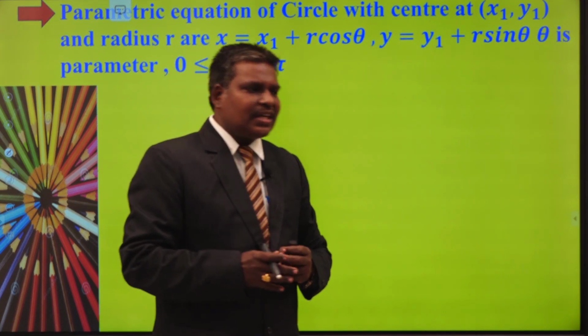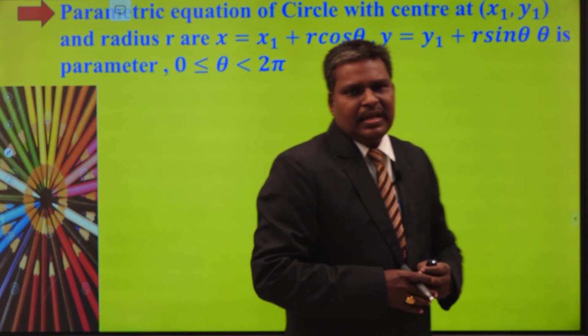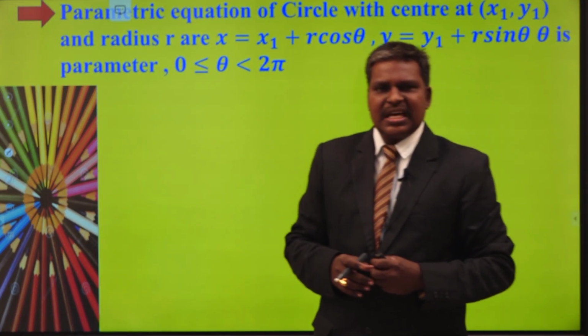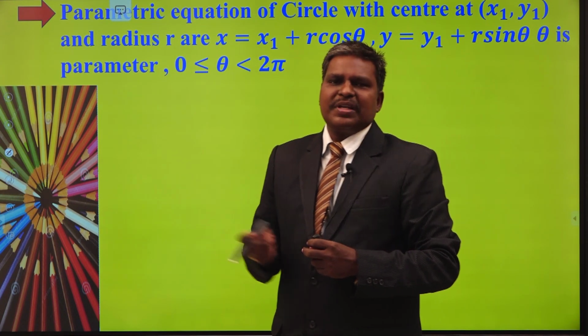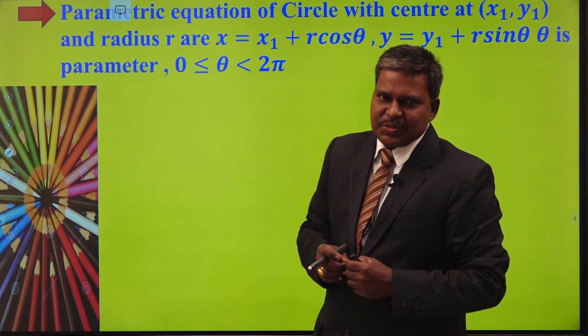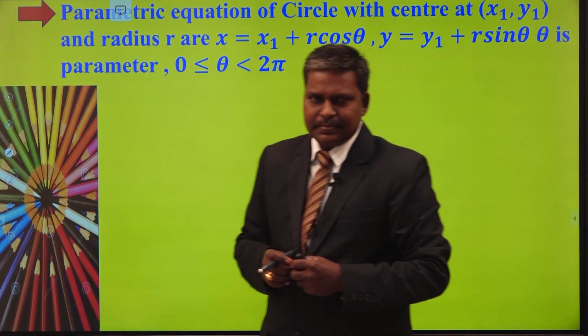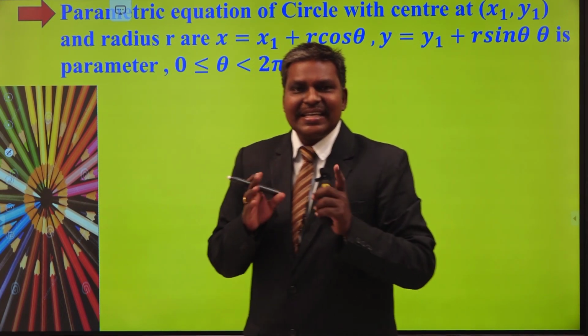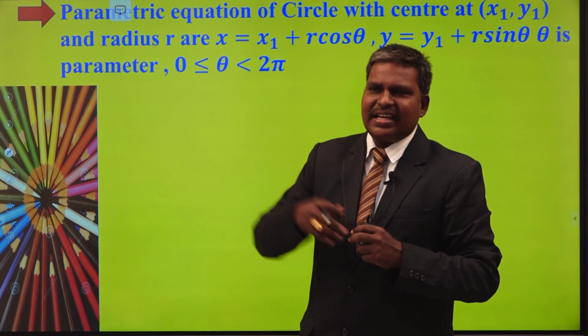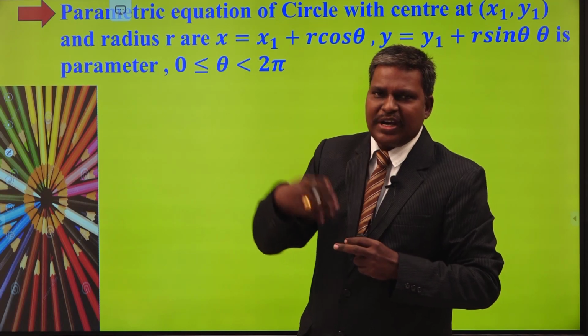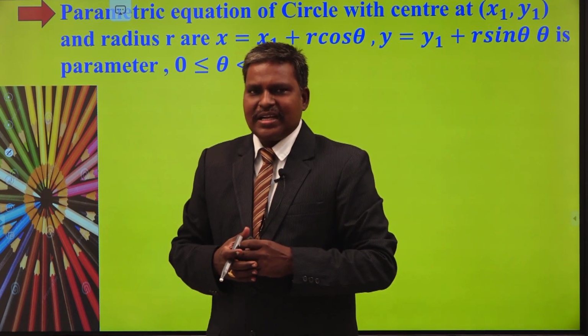You know very well what are the parametric equations of a straight line. x equals x1 plus or minus r cos theta, y equals y1 plus or minus r sin theta. Which one is the parameter here, r or theta? Theta is fixed. Theta is the inclination of your line and r is the distance that is varying from the fixed point to your required point. Am I correct or not?